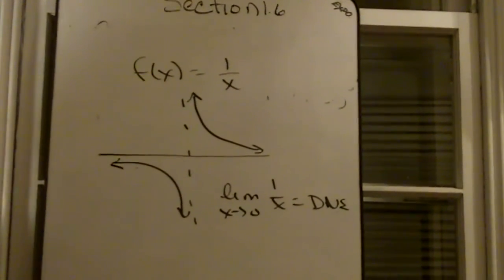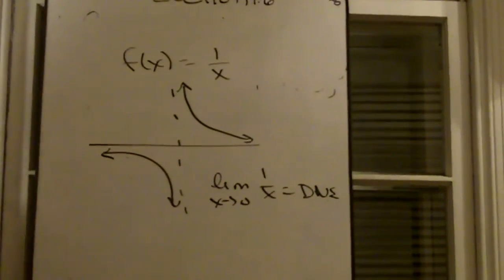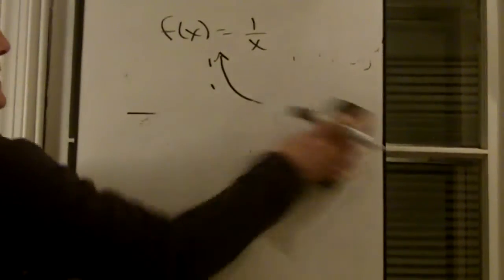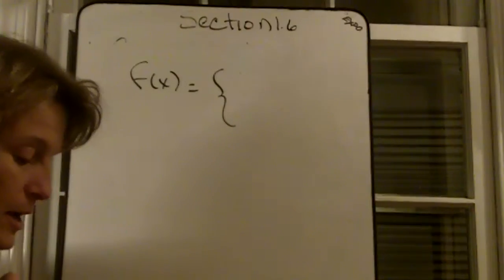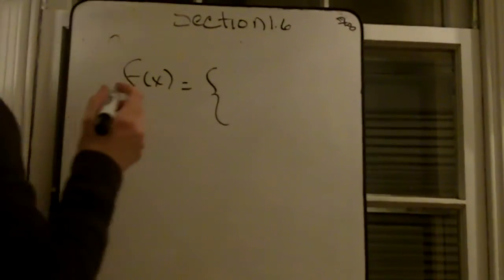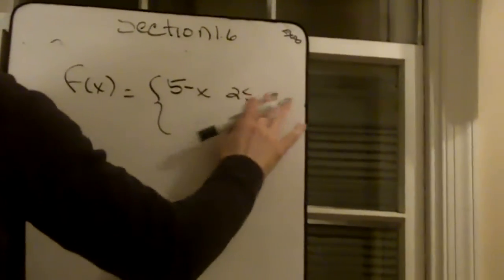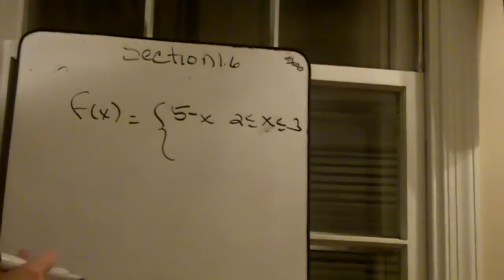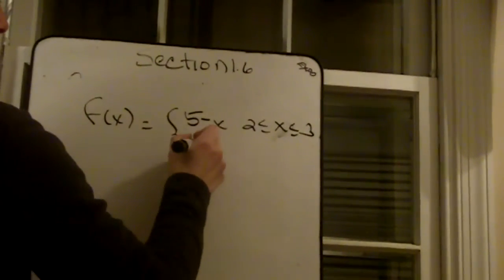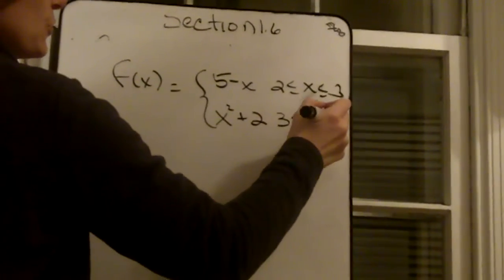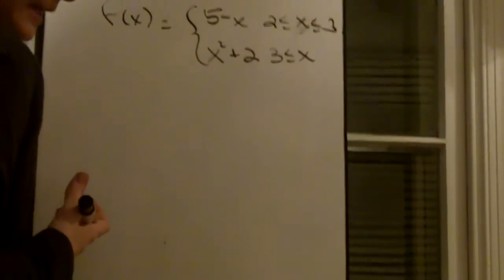So if you remember from previous class, that's why it doesn't exist. It cannot be continuous with an asymptote. The final way that a limit might not exist is if you have a piecewise function, such as a function where it's 5 minus x between the values of 2 and 3, and then it becomes x squared plus 2 when you get from 3 to, let's say,